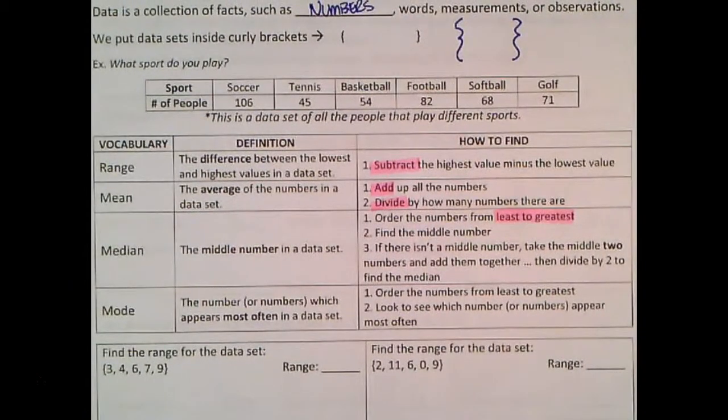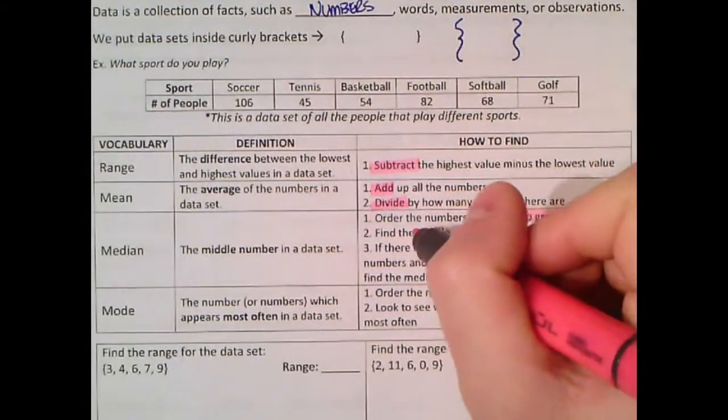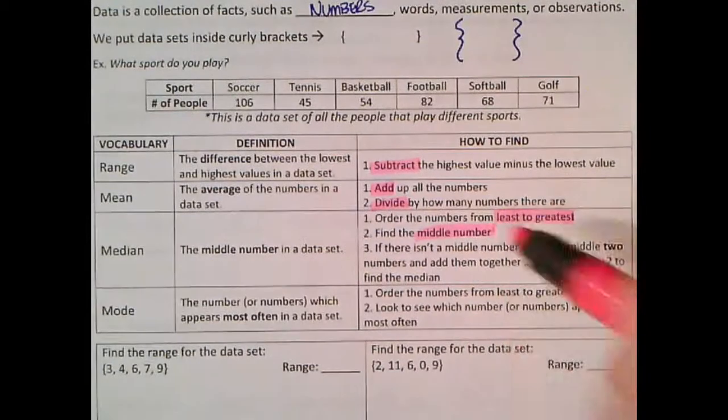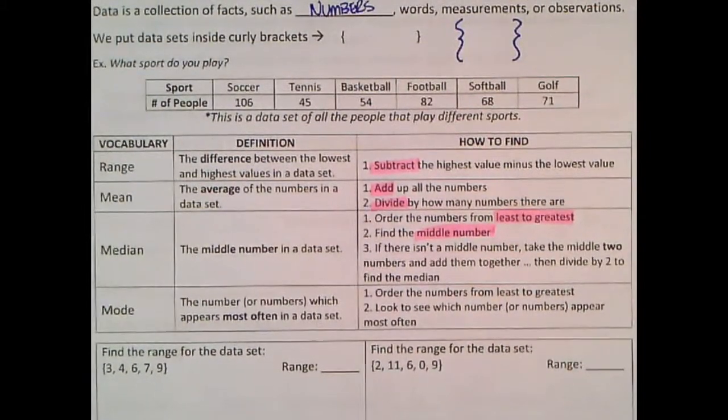It's important for us to put them least to greatest because you want to be able to see them in the order that they are numerically. And that's going to help you find the middle number,